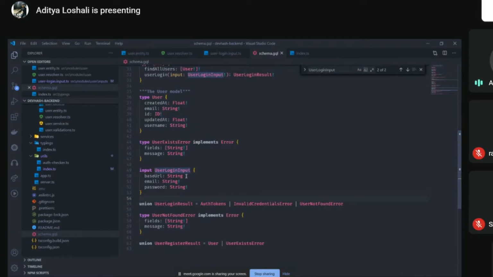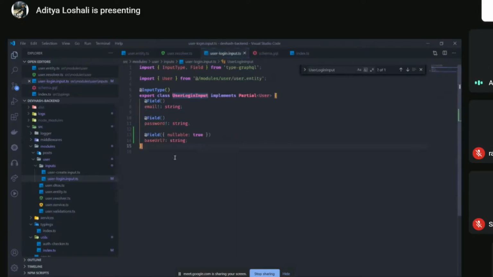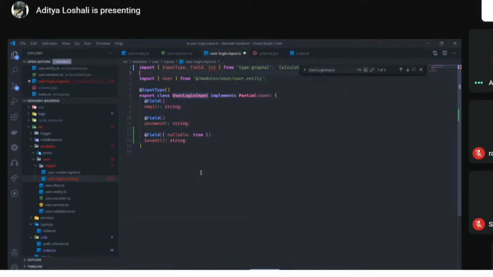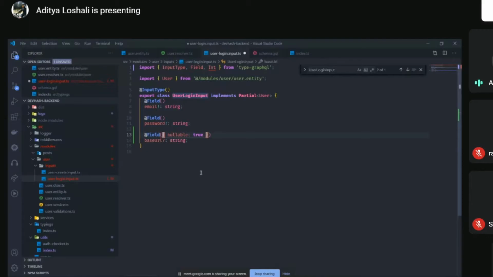For base URL, we don't have any exclamation because that's an optional thing. Similarly, if I wanted to change the type here, I would just import a different type from here. Apart from string, we have int. Similarly, we have float in GraphQL. So this is how we define types here.